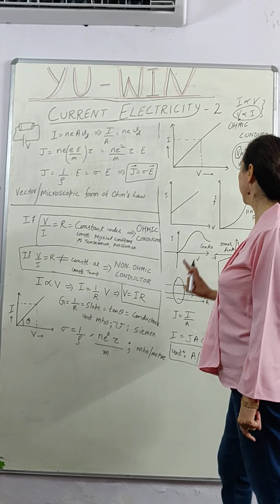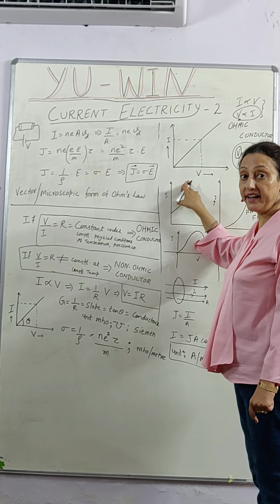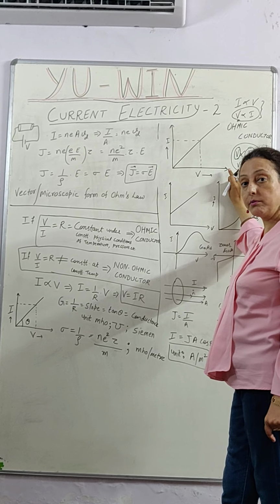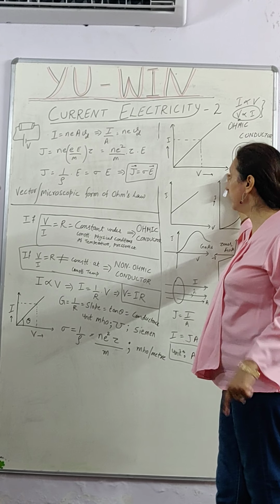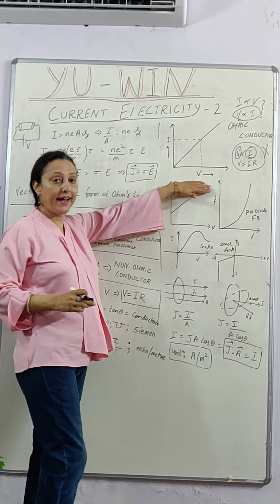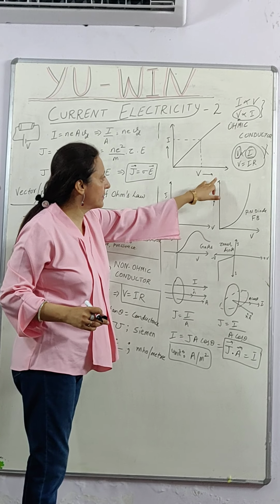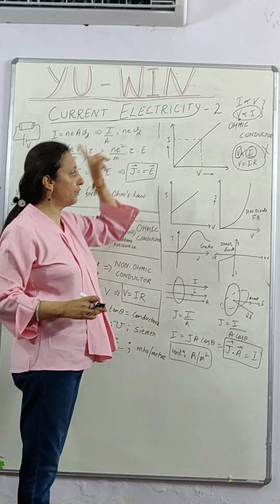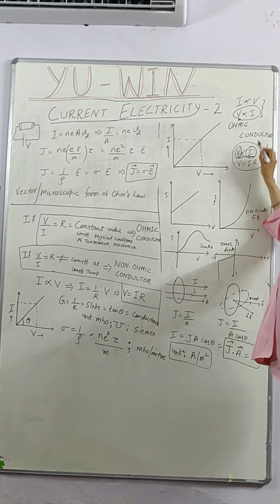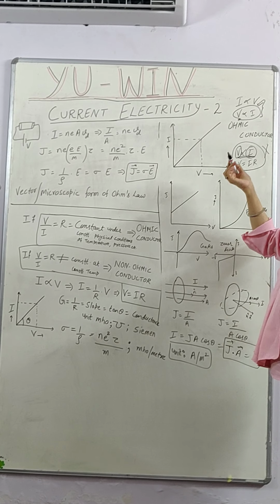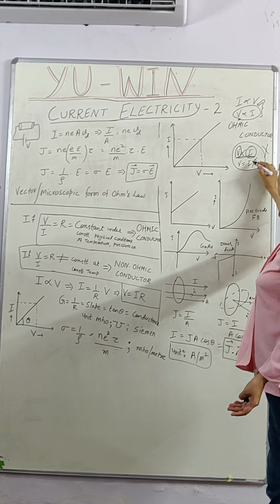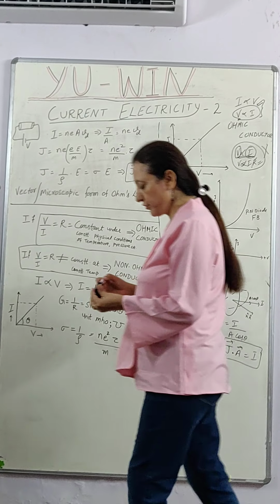Whenever we draw the VI graph, we never draw the IV graph. Whenever you plot a graph, you always need to remember that along the x-axis we take the independent variable and along the y-axis we take the dependent variable. So V is something which is in our hand, which we apply. As we go on increasing V, I goes on increasing. So the first misconception you need to understand is that V is not proportional to I, it is I which is proportional to V. When we get the equation V is equal to IR and remove the proportionality constant, you can say that V is proportional to I.